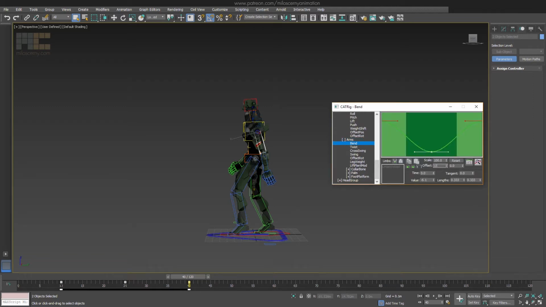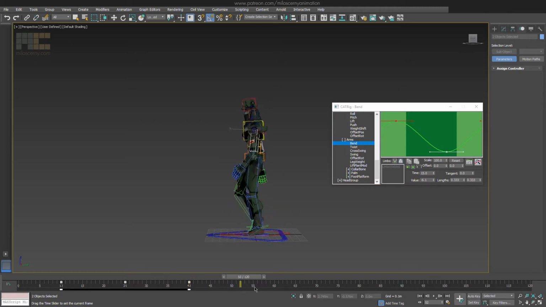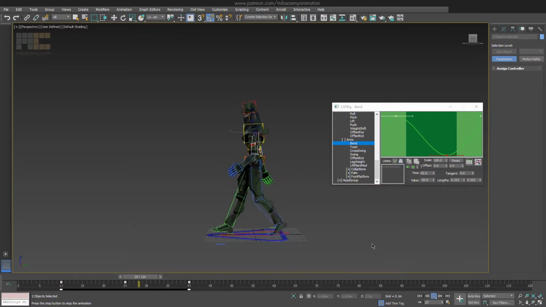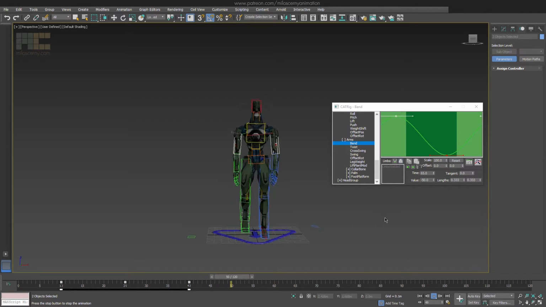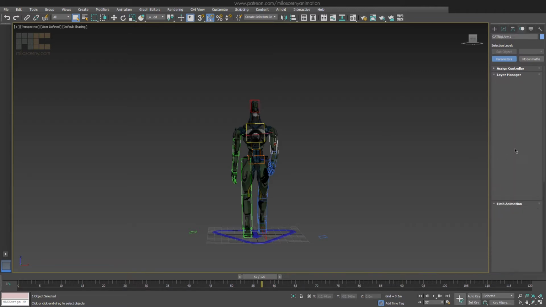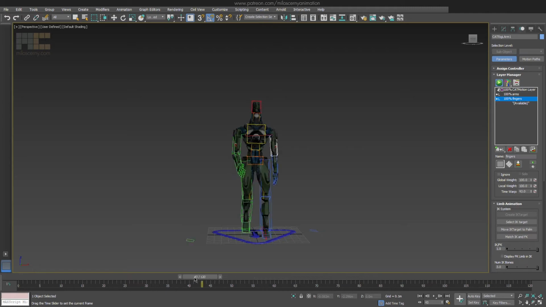15 to the right. Now let's make the bend a bit bigger again, to be almost straight at this point, and to be a bit bigger at the other point. That looks better. At this point we have just one adjustment layer for the upper arms. Let's also rename it maybe. Now create another one, where we will change the position of the fingers a bit.